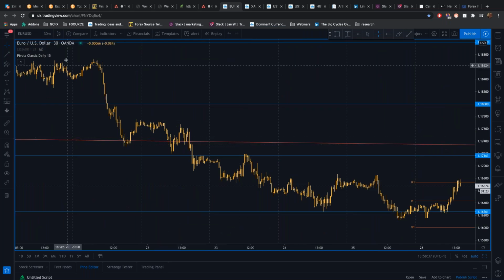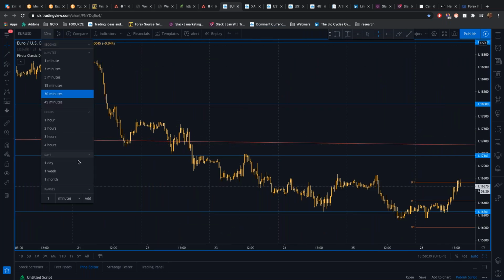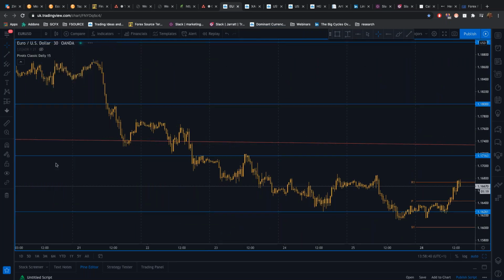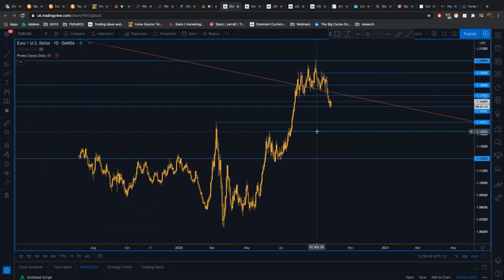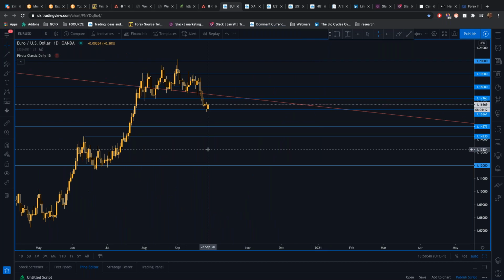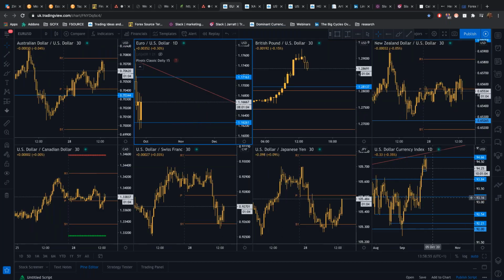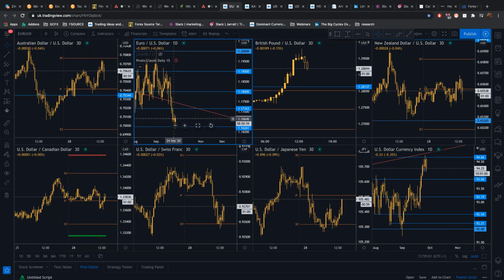Don't forget Christine Lagarde speaking in just under an hour, and look at the euro-US dollar pair. If Christine Lagarde mentions anything about being concerned about the strengthening euro, or concerned about inflation, then expect some more euro-US dollar downside, and that will drag the dollar index higher as well. So Christine Lagarde could sink the euro here, and that would obviously raise the dollar index. So do keep a look at that.